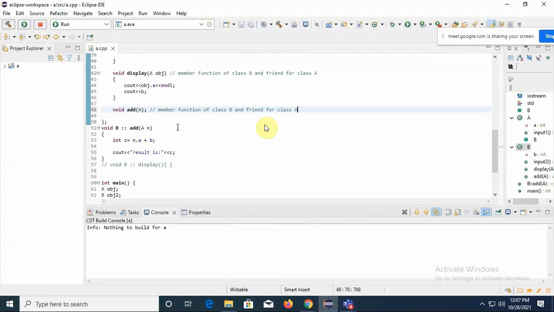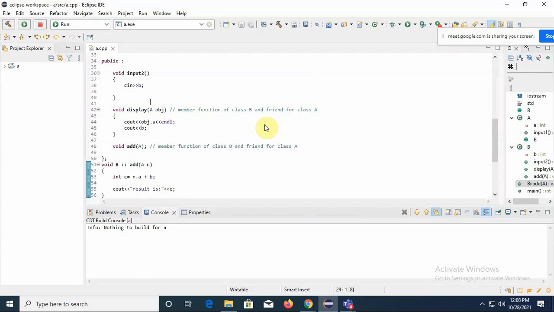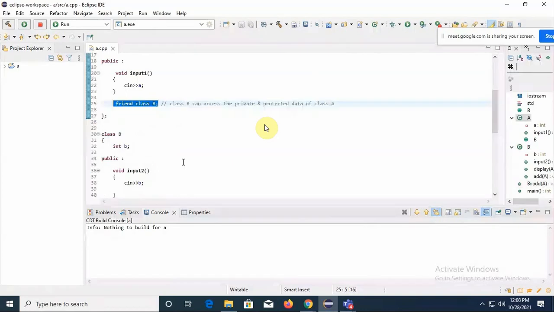So it becomes a friend of class A. As it is the member function, I had written the definition outside, and I'm accessing the private data of the class where I declared this whole class as a friend. So this is possible when I'm making a class a friend.